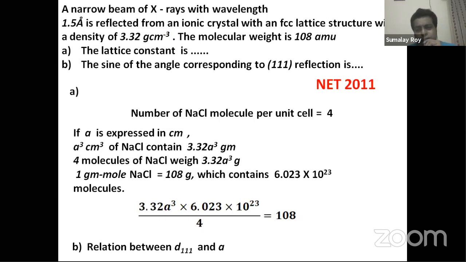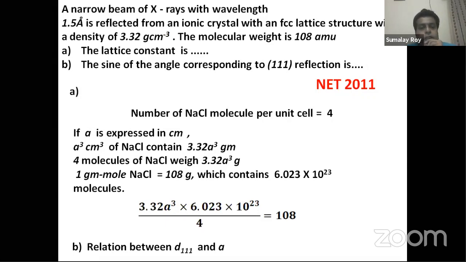In many places you will find theta also, but in many places, by convention, by definition, they just plot 2 theta, because 2 theta is the whole scattering angle. And the detector rotates in a circle which is called the 2 theta circle. But that is merely a convention. You don't have to stress too much on it. Okay, that is the answer.